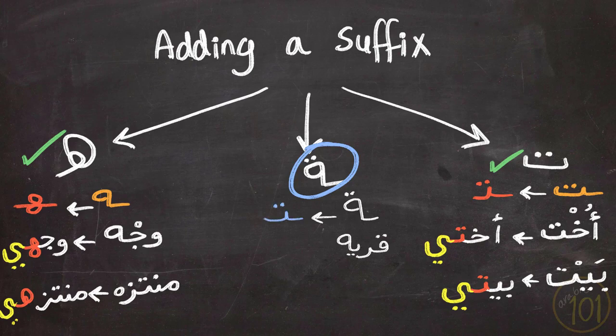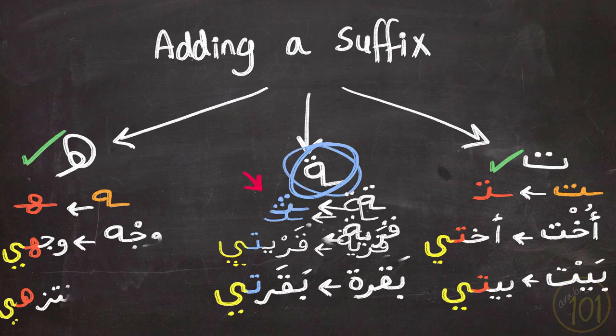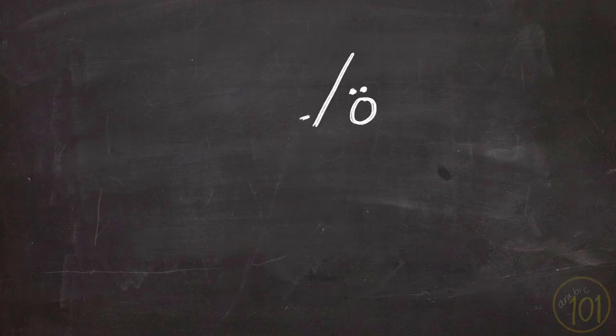Like so. قرية، قريتي، بقرة، بقرتي. So we turn the ta marbuta into a normal ta in the middle of the word, because ta marbuta cannot come in the middle or at the beginning of words. That's why it is also